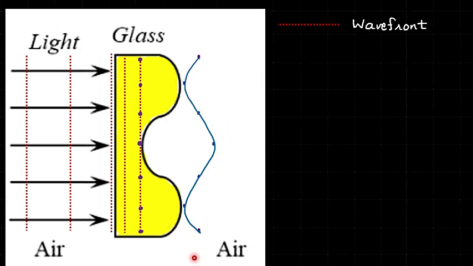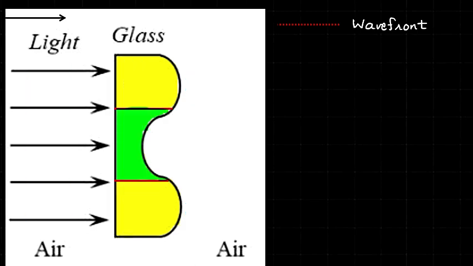And there is another way to look at this problem. In this method, what we do is divide this glass slab of variable thickness into 3 parts. This is the middle part, this is the upper part, this is the lower part. So the middle part is like a diverging lens or the concave lens, and the upper part and the lower part are like the convergent or the